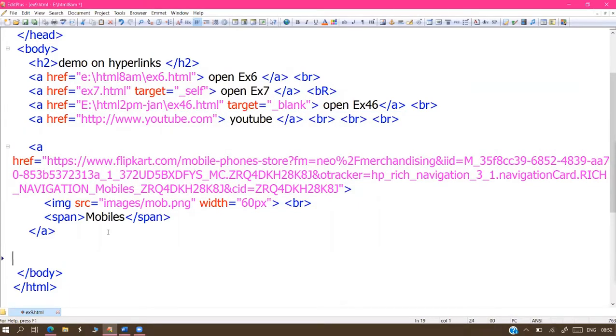Second angle, sir. By using the same anchor tag, we are able to play some videos and audios also. First, whichever audio or video you want to play, download those and maintain them inside your folder. That is better. Live links are also possible, sir. You can play using a live link, no problem. But instead of live links, better go for your own, the reasons being that a live link is not reliable.